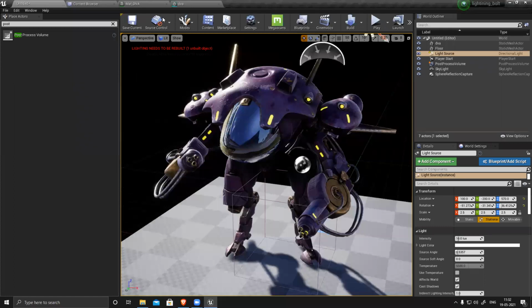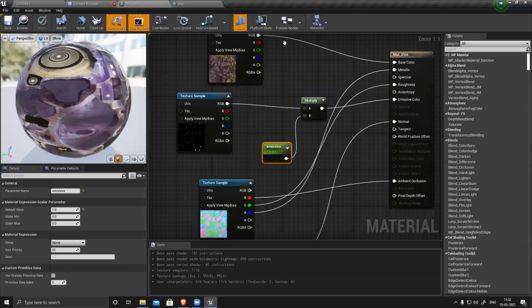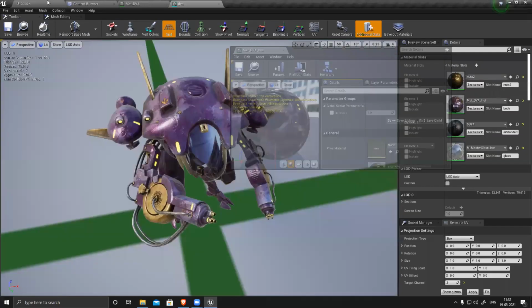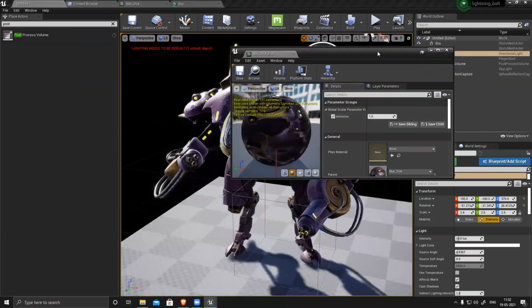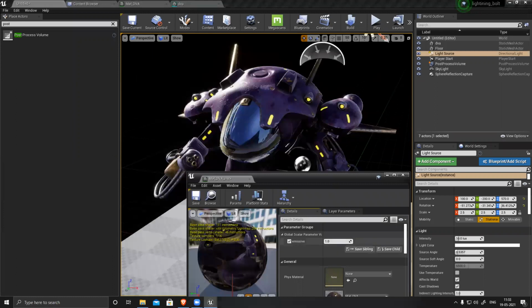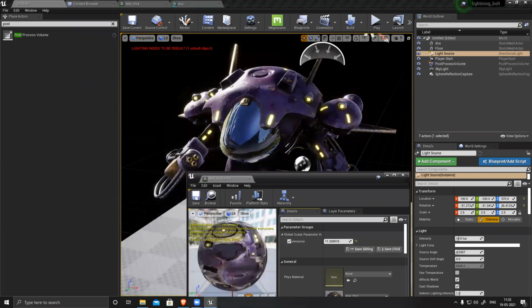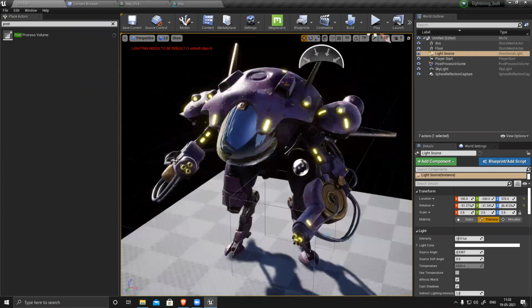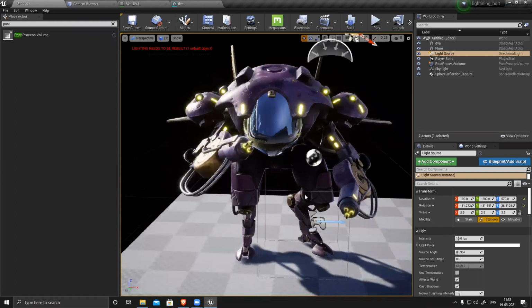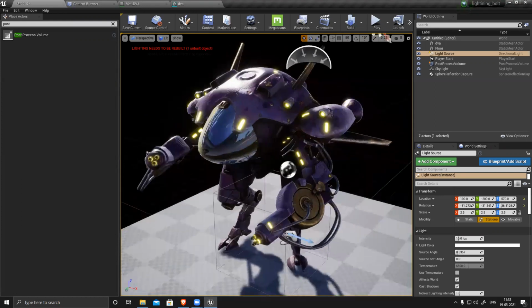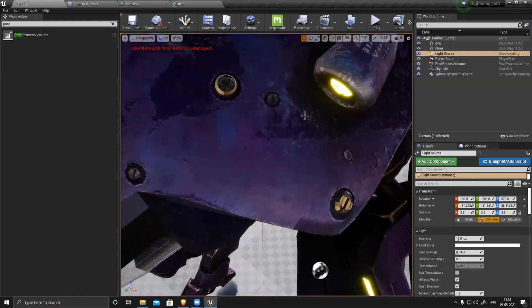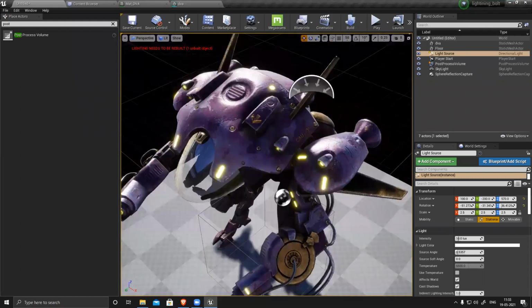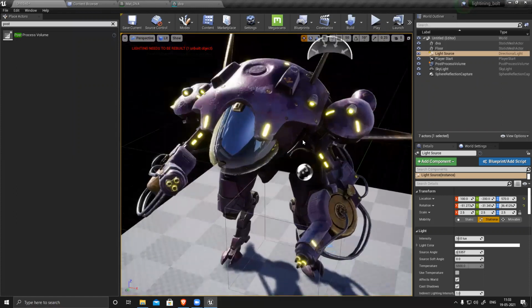And see, nothing changed here. But if I go to the instance, double click and open it, I can see I have this emissive option activated, and I can increase this and make it glowing. See, now it looks like it's shining, that lights are glowing. In my scene everything is fine, but if I go close up, I can see the yellowish reflection.